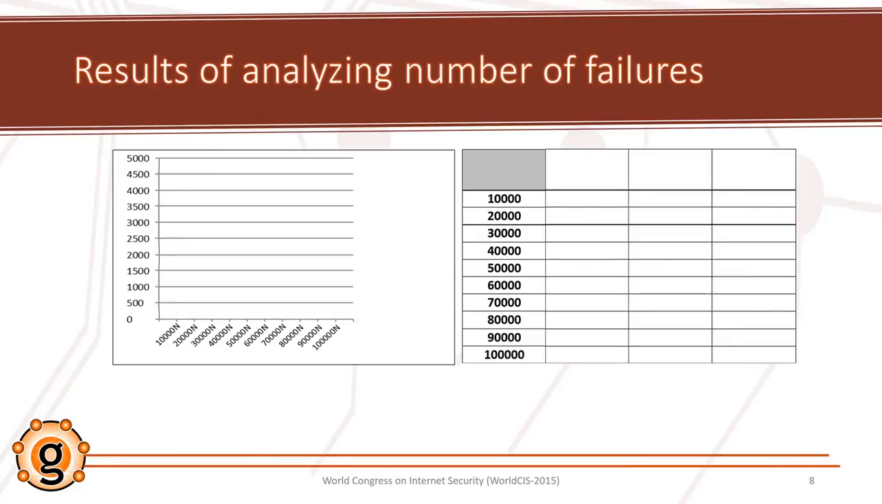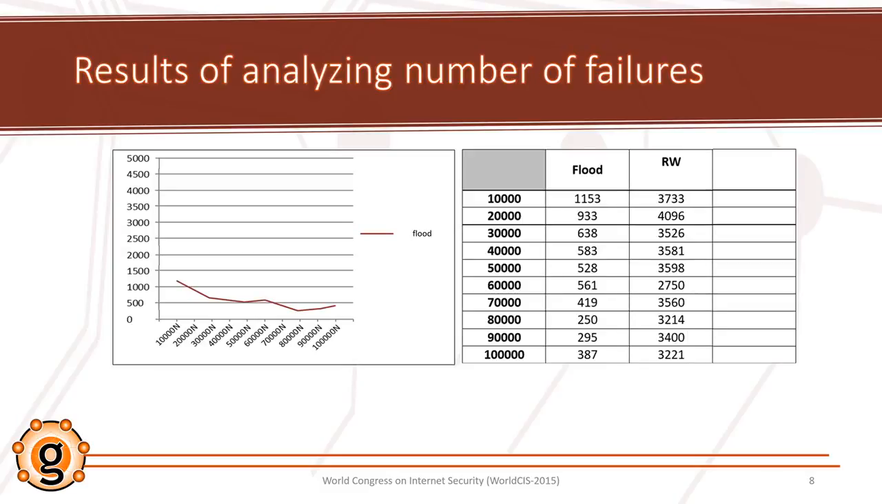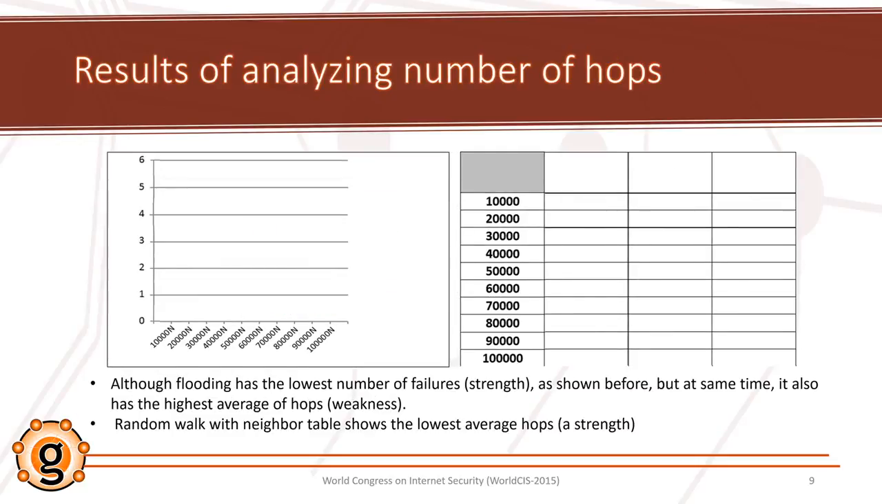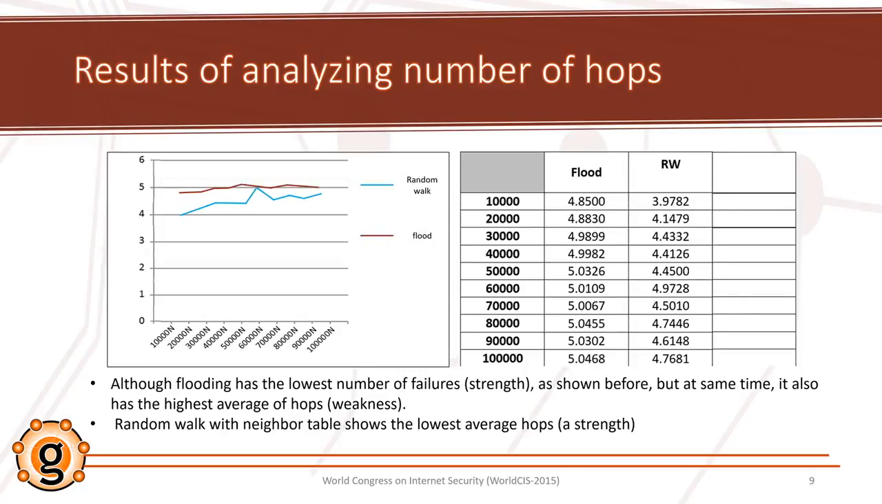Here is the result of the analysis of the number of failures. As you see in this figure, in general, the number of failures is the least in flooding compared to random walk and random walk with neighbors table, because flooding sends the message to all neighbors, so it should have the lowest number of failures. But about the number of hops, as you see in these numbers,